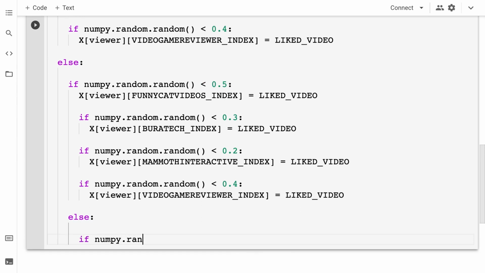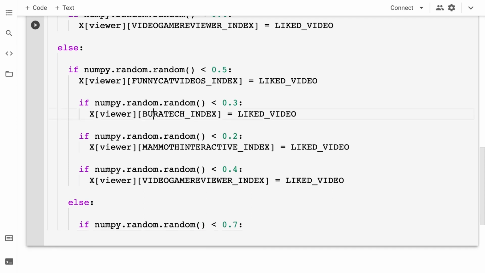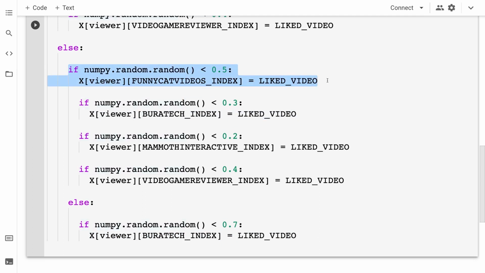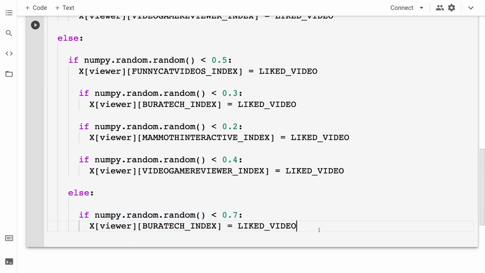Then we'll use if numpy.random.random is less than 0.7, and we are going to move on to our next channel, which is Buratech. Note that we're not starting at funny cat videos this time, because we've already accounted for that with this if statement. This if statement has already set funny cat videos to true 50% of the time, so we can't include that channel again in this else statement.